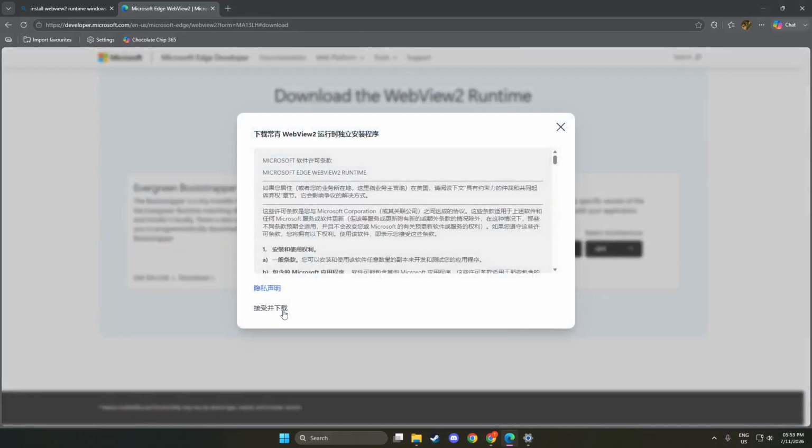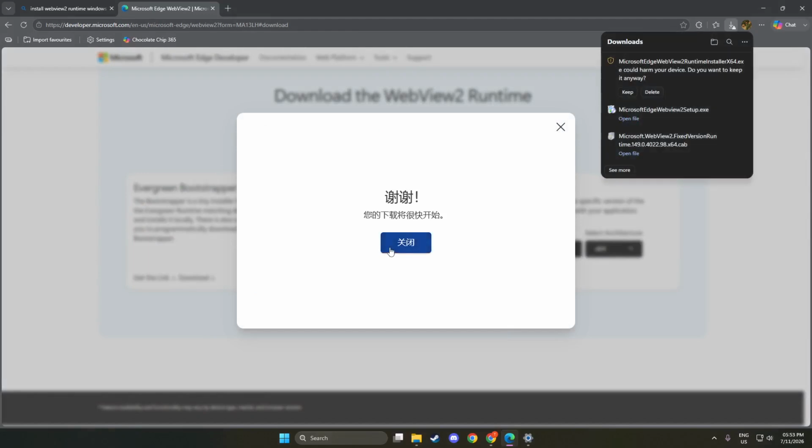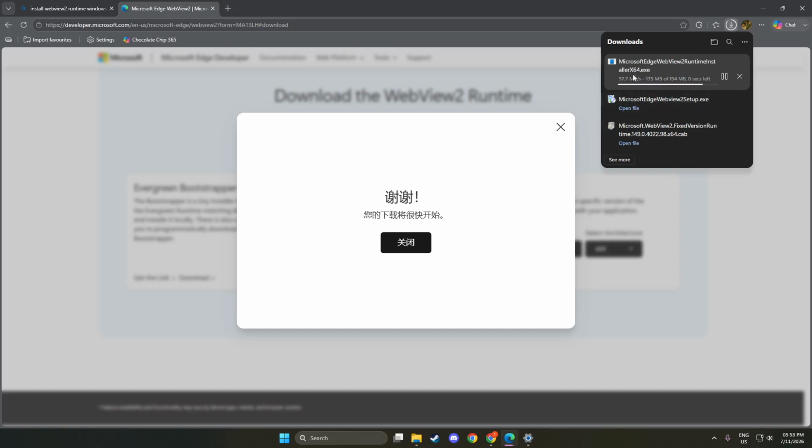This window is designed to confirm that you allow the program to make changes to your computer. Click Yes to proceed. This confirmation is an important security feature of your operating system. After this, the installer will launch and you will see the installation wizard on your screen. This wizard will guide you through the installation process smoothly.